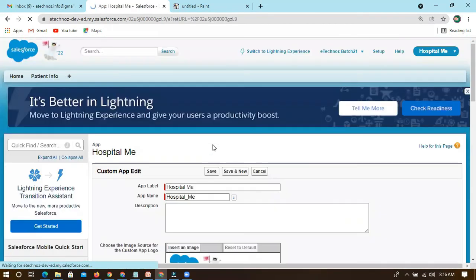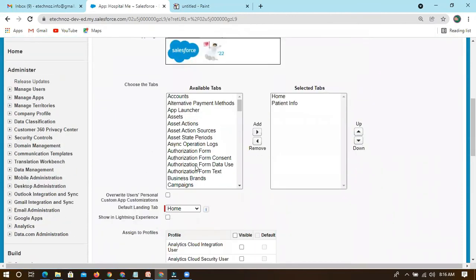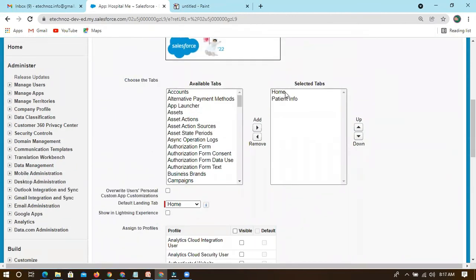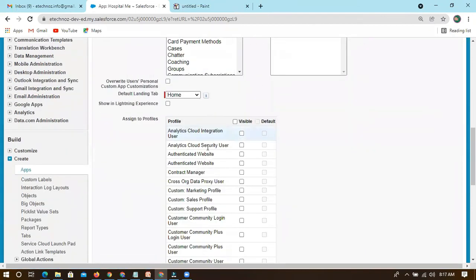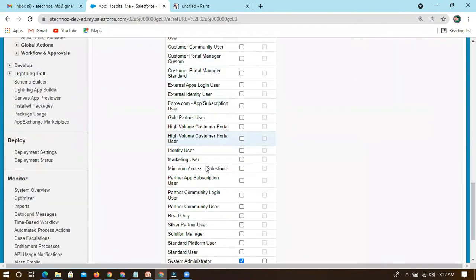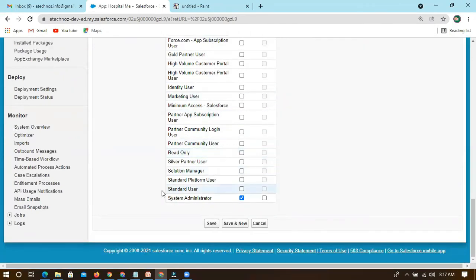I'll just click on edit, and here you can see the available tabs, like Patient Info, which is available, and the default landing page is Home. But if you look here, at the profiles, these are all multiple profiles assigned, default available profiles. Which is marked, plus System Administrator?